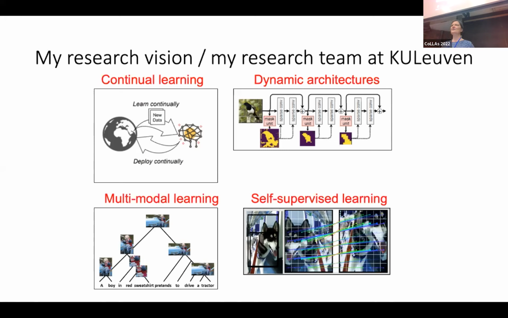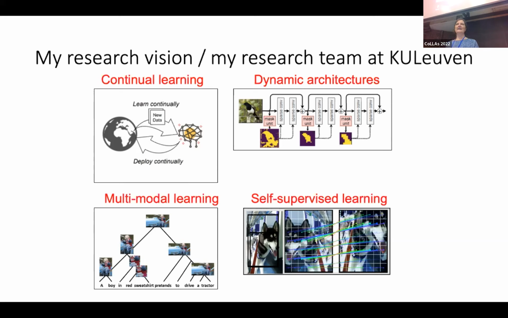And then there's this last block, dynamic architectures, that seems like the furthest away from these, and I haven't heard much about that yet. But in my view, it also fits in the bigger picture, because with dynamic architectures, what we try to do is to make models adapt, to make them more flexible to the actual input. The main difference is that if you do continual learning, we want models to adapt at training time. And so the focus is on how we can learn better models dealing with different distribution shifts. With dynamic architectures, we focus on inference time. So at inference time, we don't want to just deploy the same module, but we want to adapt it,